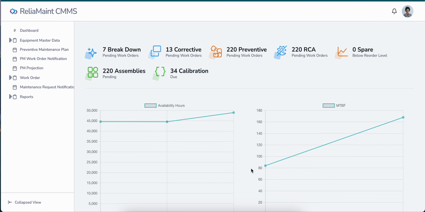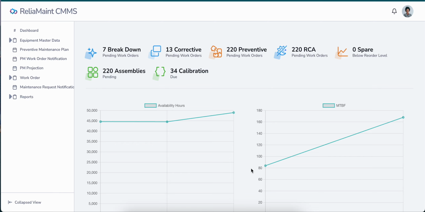So that particular account is production, and then we have the maintenance account. The maintenance team is supposed to correct the machine issues and close the work order by providing the relevant information. In this process, a spare item transaction takes place, which is approved by the store account. So we have four accounts, starting with admin, the central role, then production, maintenance, and store. So this is a little organization structure.